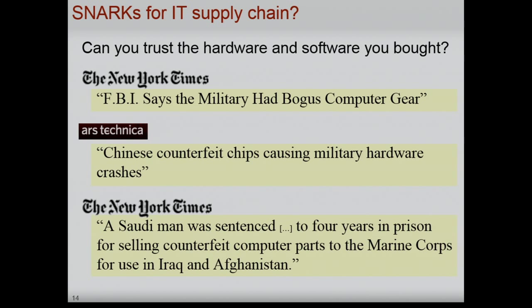If you want additional big thinking, cloudy motivations, then the information technology supply chain. If you're applying for grants, this is a good one. So the problem is that everybody's buying hardware from the cheapest bidder, and they're trusting the results of that. And even the U.S. military is finding itself deploying to Iraq and Afghanistan computers that turn out to be counterfeit and could at least potentially contain malicious hardware and malfunction at a critical moment. We actually know that Chinese political scientists say that they shouldn't bother building carrier ships when they could just make sure that the adversaries' carrier ships malfunction at the right time. So as you can see, SNARKs are well justified, and the question is,